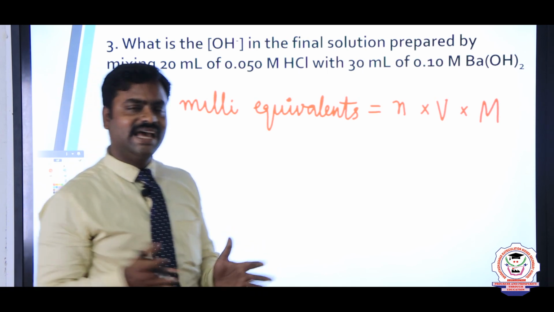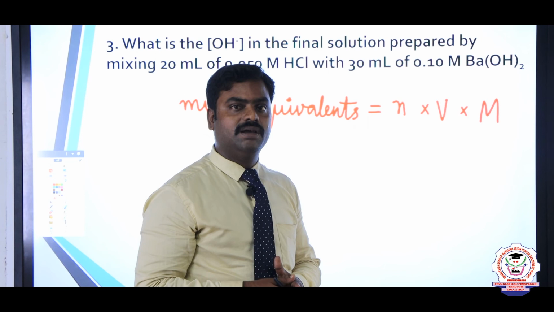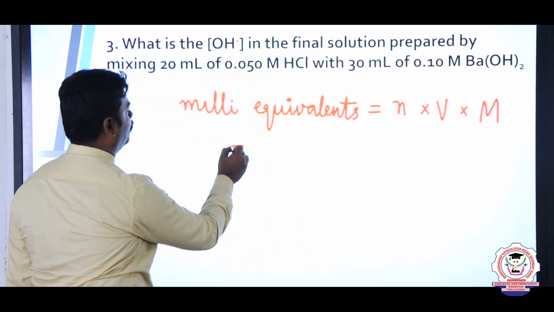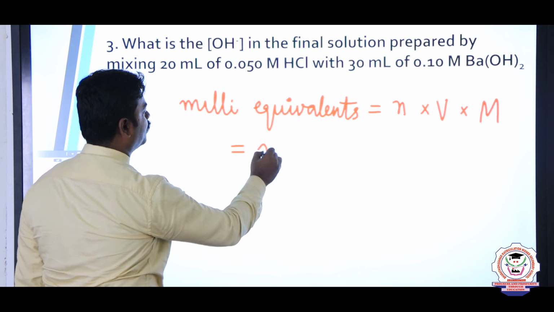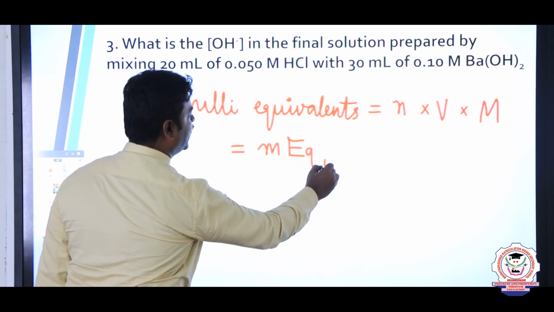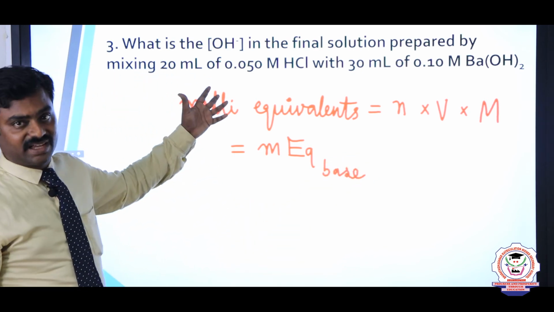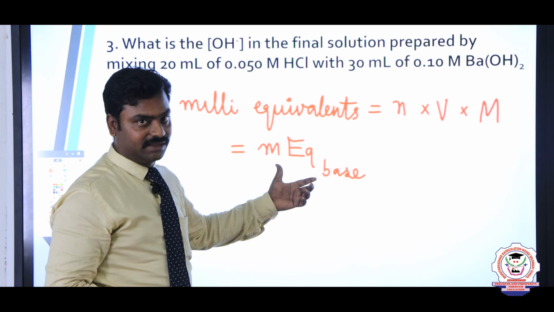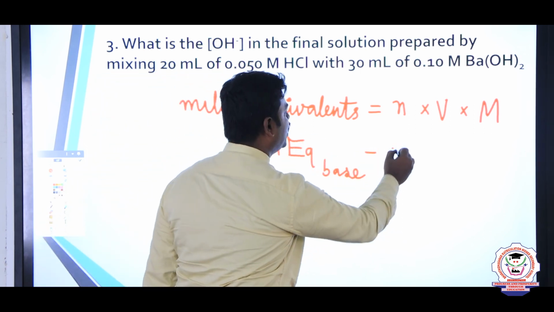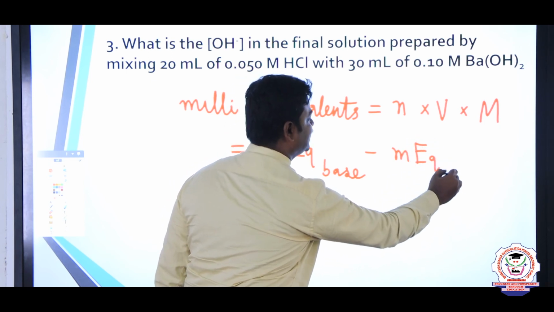See, here they are doing a neutralization reaction, so we have to find out milli equivalents for base first. Why? They are asking us to find out OH minus ion concentration. That is why I am taking the milli equivalents of base first, minus milli equivalents of acid,